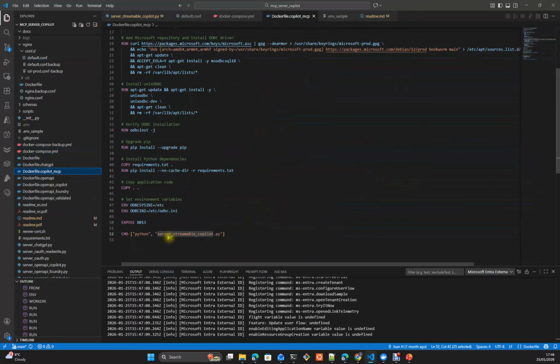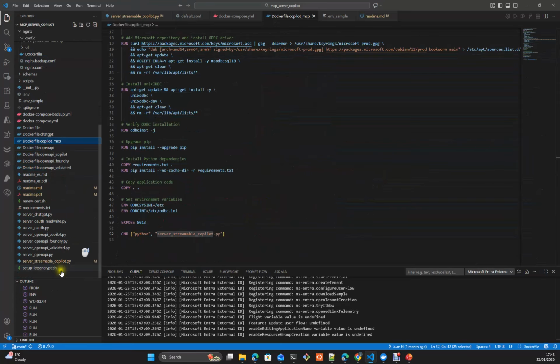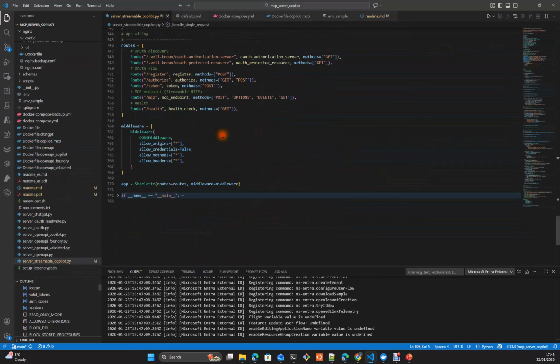And our Copilot MCP points to our Server Streamable Copilot, the one that we were reviewing here. Okay, this is from the side of the infrastructure. So this is the Nginx configuration, and now if we go to Copilot itself,